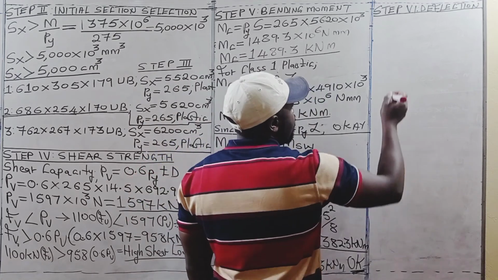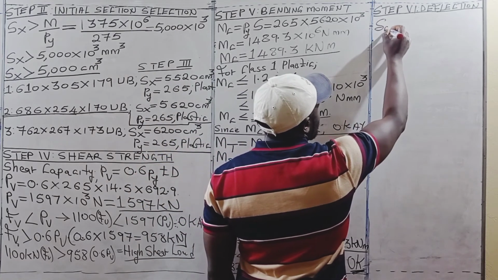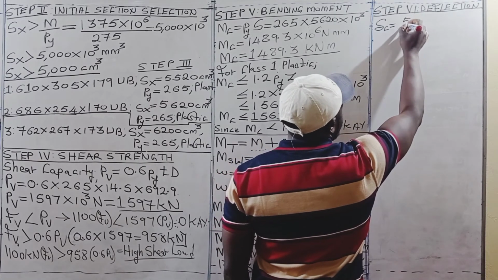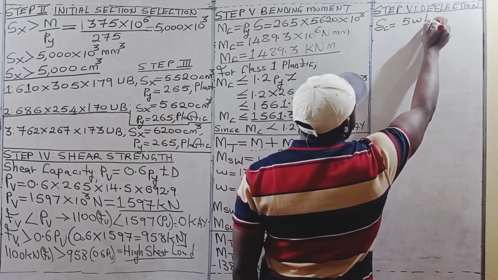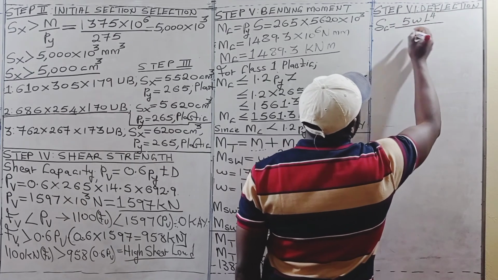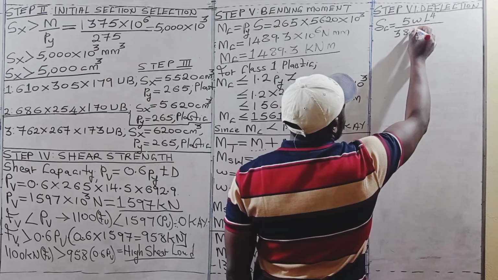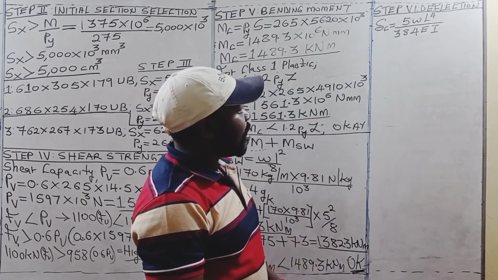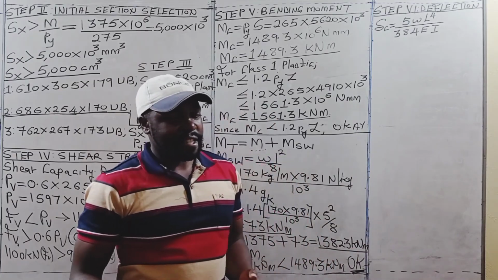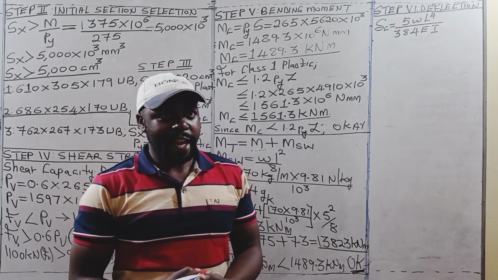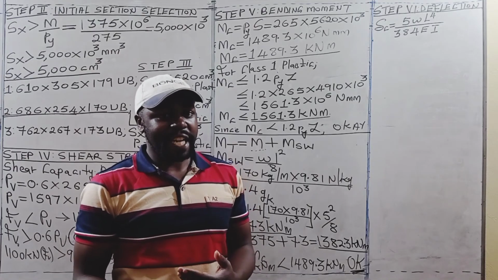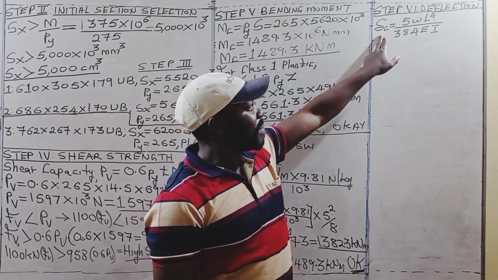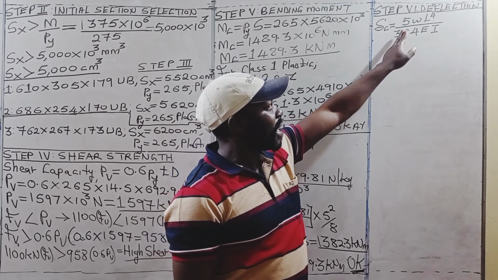And deflection at the center will be given by this formula, 5WL raised to the power of 4 divided by 384 EI. Remember, when we have a simply supported beam carrying a uniformly distributed load, the maximum deflection at the center is given by this formula,